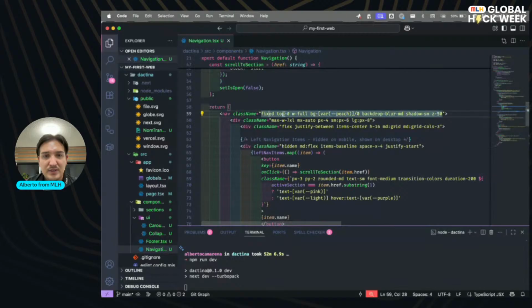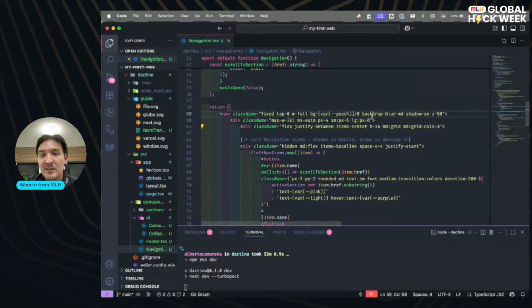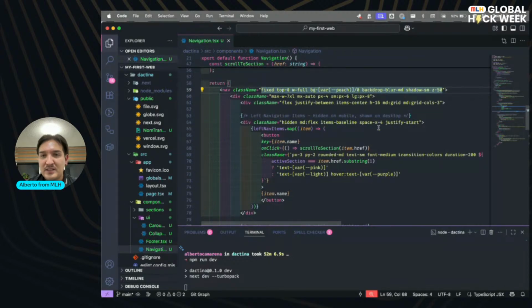This is good to be fixed on the top with full width, with nothing from the background. This is going to be full transparency with a backdrop blur. That's perfect. Shadow small and a z-index of -50. Okay, that's great. Max width. I'm not sure if that should have a max width, but that's great. Flex, justify between, items center.